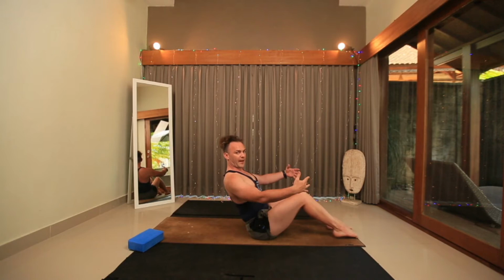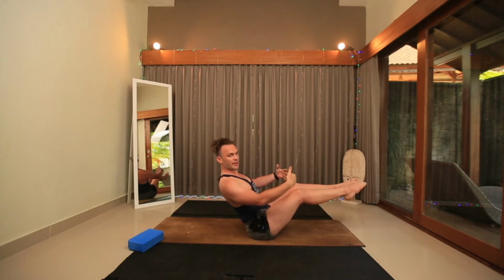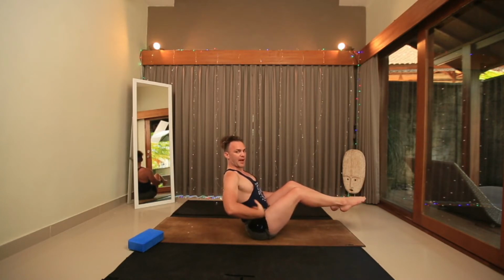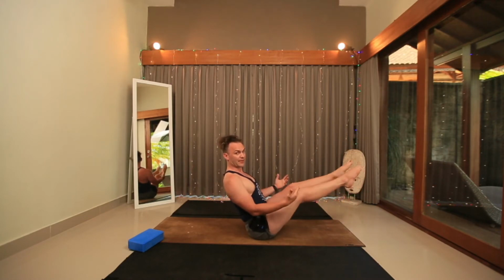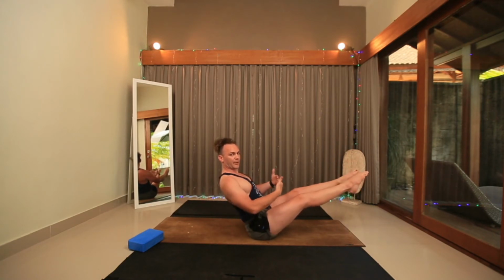And maybe we can bring the hands forwards, keeping the spine, pelvis the same. Maybe we can extend one leg away. Maybe we can extend both legs away. Maybe we support the legs with the hands. And if that means you can keep the back position, then I'd suggest use the support of the hands, because this is hard. If we can, float the legs and keep the spine up on the front of the sit